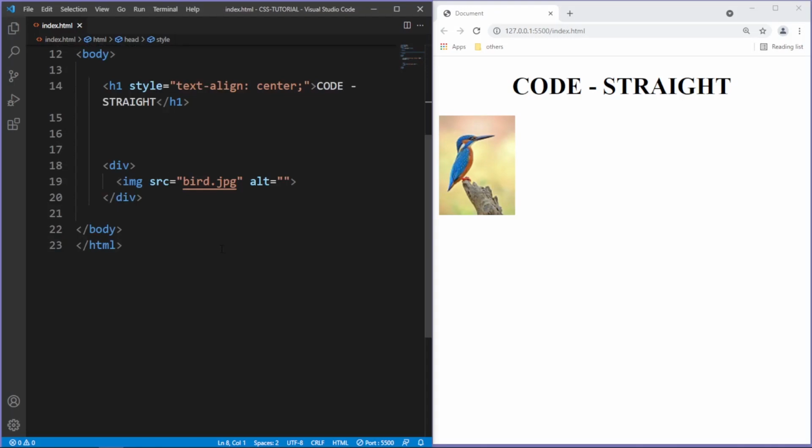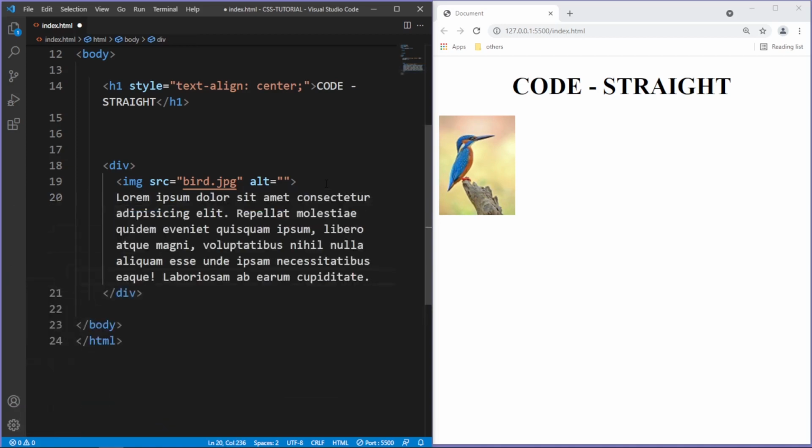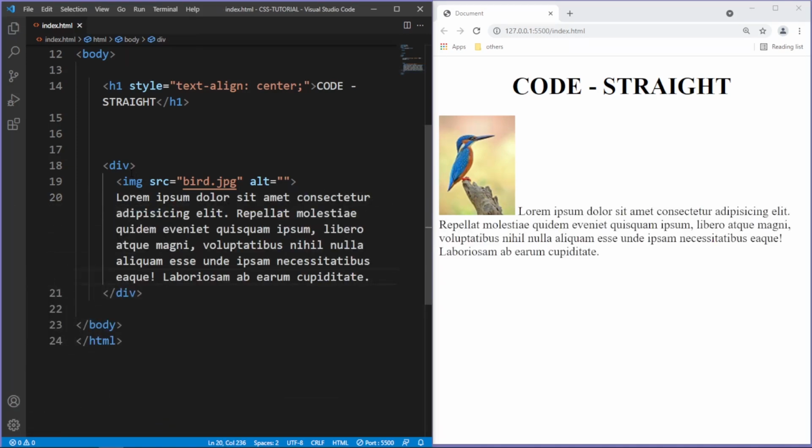Alright, now I'm gonna add some lorem text. Hit save. Now let's give our div a class of clearfix,